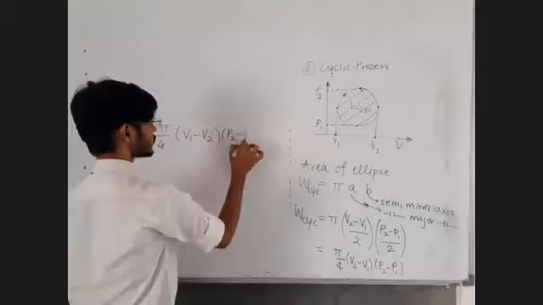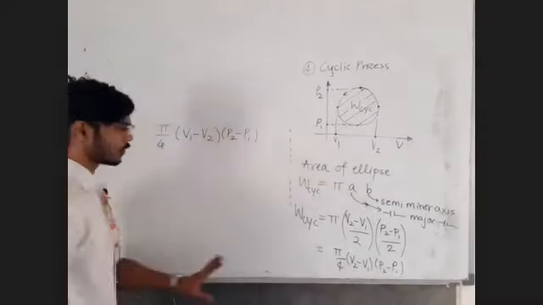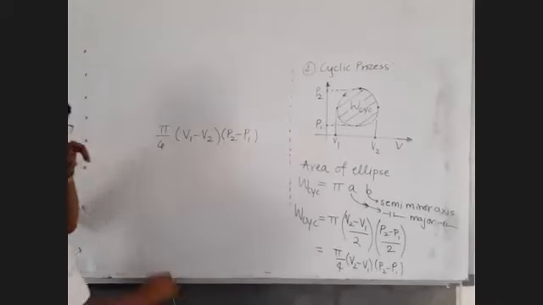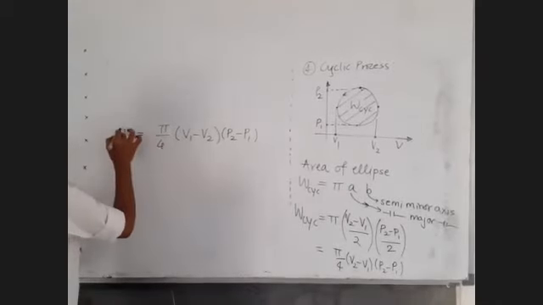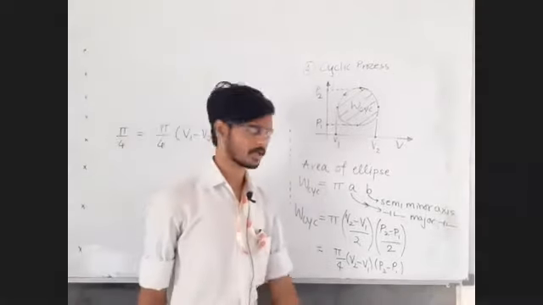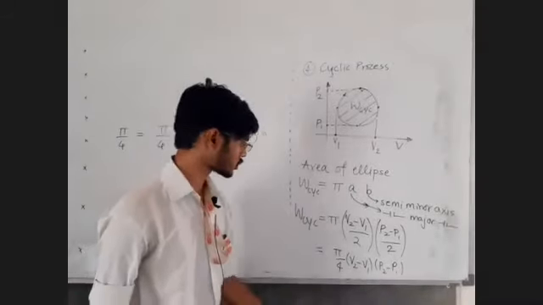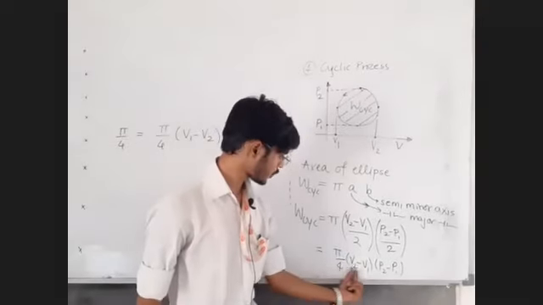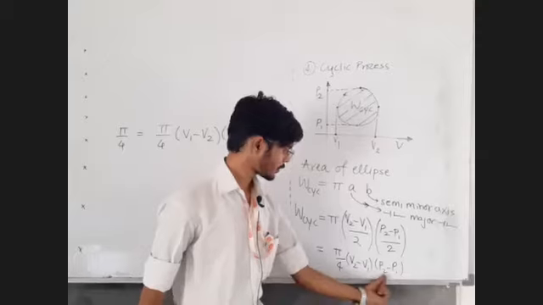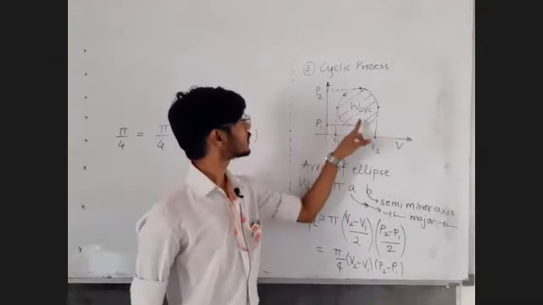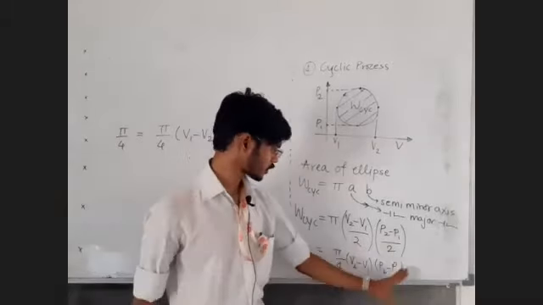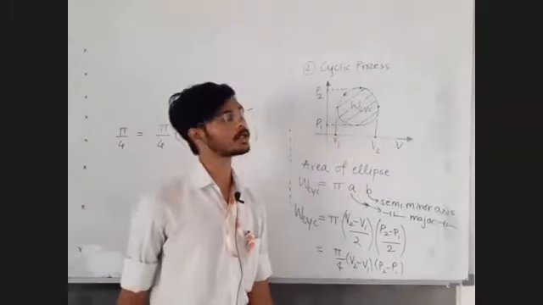If you make a mess, the answer will go wrong. Only this sequence V2 minus V1, here the sequence is V1 minus V2. Okay. So again, the same verification, same method you have to use. Check, pi by 4 is a positive value, V2 minus V1. V2 is more, V1 is less, so this is a positive number. P2 minus P1, P2 is higher, P1 is less, so P2 minus P1 is positive. Okay. So right now we have just found out the numerical value.